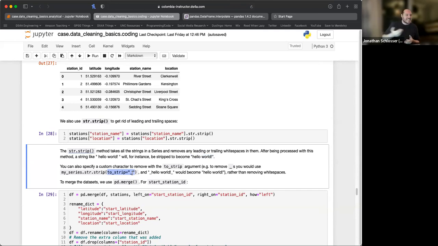But yeah, you can pass a different character there to help strip and clean up whatever values you're working with. Okay,